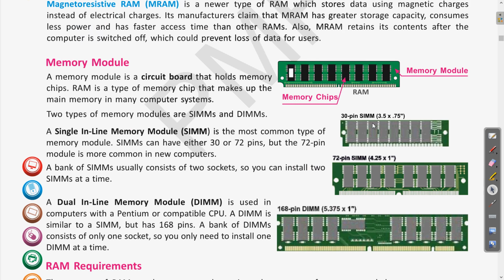The memory module is of two types: one is single inline memory module and another is dual inline memory module, that is DIMM. Clear? In that we have seen that SIMM is either of 30 or 72 pins, and the dual inline memory module is of 168 pins. Clear?